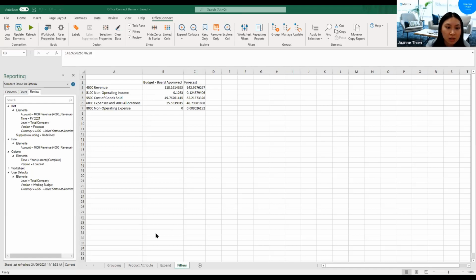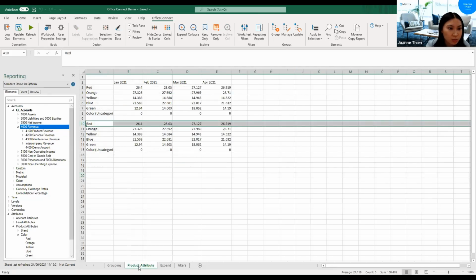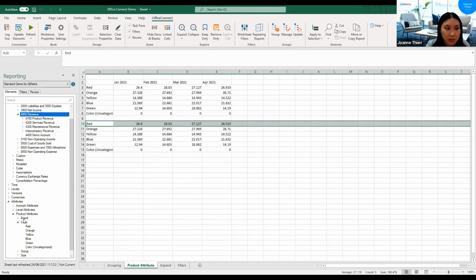That's basically all I wanted to take you through today. Just to recap, we've gone through how to group elements in a report. Grouping allows your reports to update any changes to a model and show that in the report automatically. I've shown you how to group via product attributes as well. These don't just have to be on products or on one specific dimension.